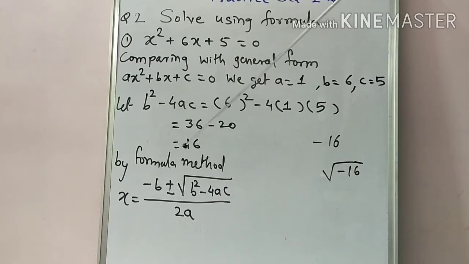Okay, but it rarely happens when using the formula method. 99.9% it will be positive, but sometimes to make a twist in the example, it may happen that the value you get is negative. Okay, and that's why we take the discriminant value first, and now it's a positive value, so we substitute that value in the formula. Okay,